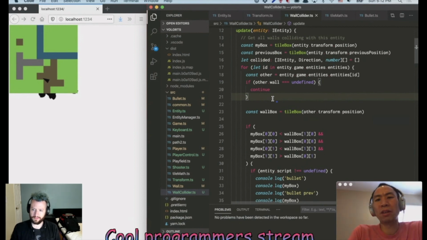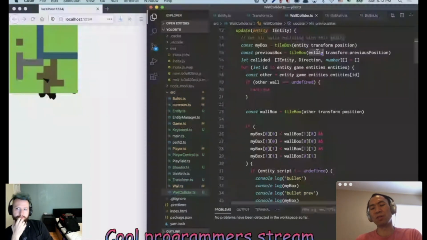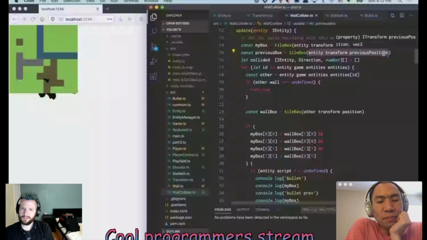Like the wall collider should assume that the transform has been updated already, right? Right. And it should also assume that the previous position has been updated already. Yeah, and it is. That's why it works. So, yeah. And there's not really a way for us to kind of declaratively say